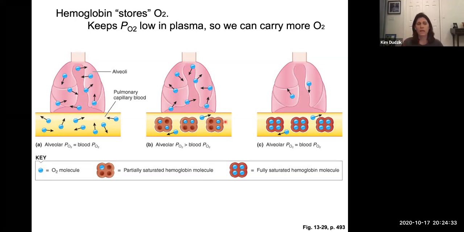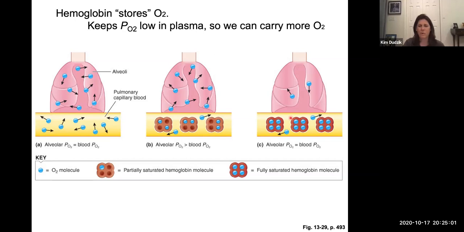So again, the whole point of having hemoglobin is that this is how we're able to continue with diffusion. You can see without the red blood cells, diffusion would stop pretty quickly. This is saturated, the partial pressures are saturated. But because we have red blood cells, the simple diffusion of oxygen from our lungs into our blood can continue, right?